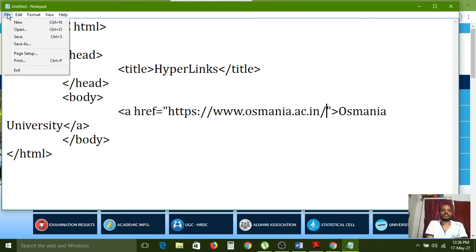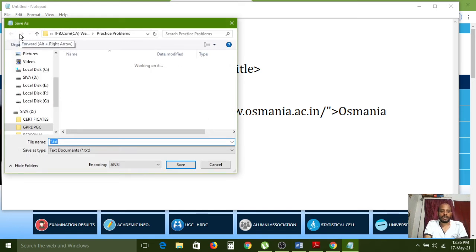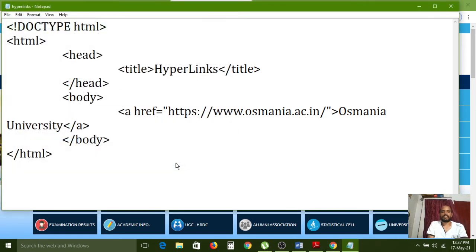Now I am saving this one. Go to the file menu, choose the save option. Here, hyperlinks.html. Hyperlinks is our name, .html is the extension, and save as type is all files, which I have chosen here. Now I am clicking on the save button to save in the practice problems folder. So my code development is over right now.